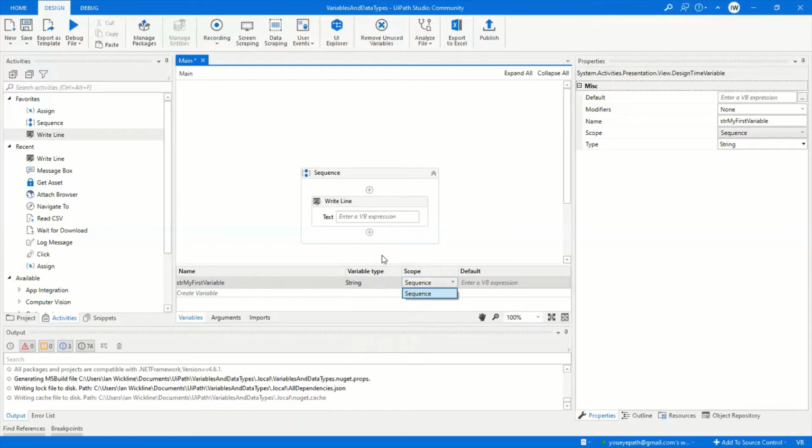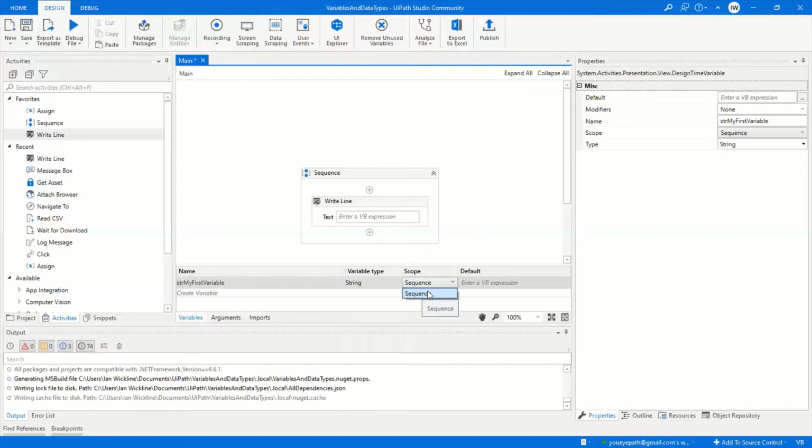So scope: if we add a For Each loop that we'll talk about later down the road, we have the ability for this variable to only be known inside that loop and not anywhere outside of it. What I always try to encourage folks to do is make sure the scope here is always set at what I call the highest level, the broadest level,